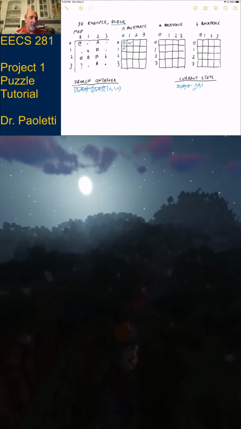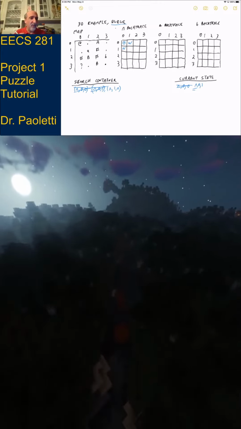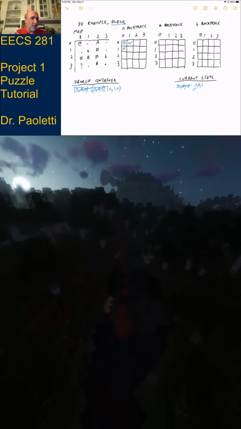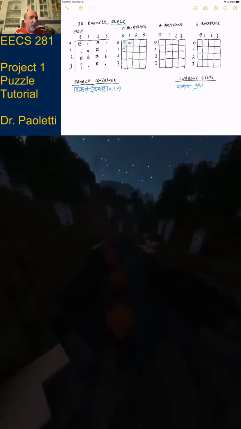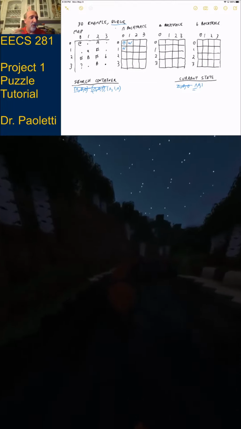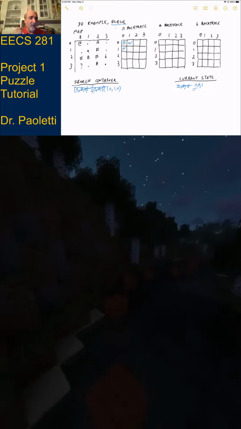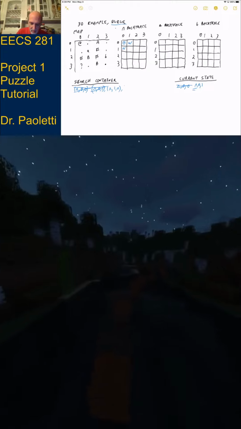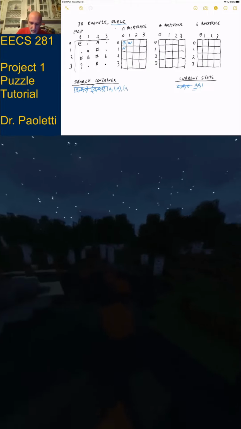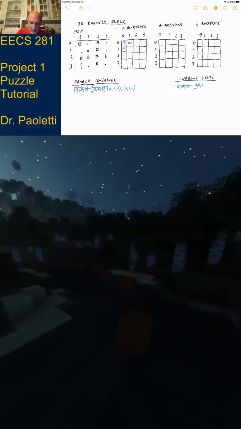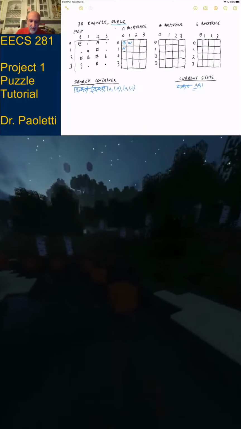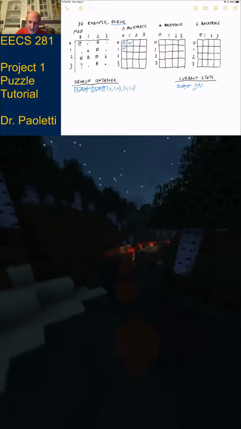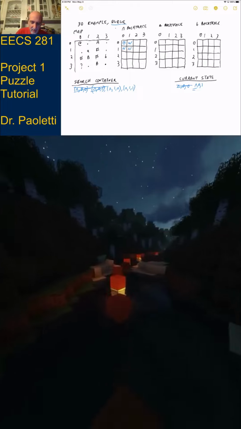Okay, how about south of me? South of me does exist. It's never been discovered before. It is something I would be willing to walk on, and so south of me, caret 1, 1, gets added to the search container, and in the backtrace we mark it, I came from the north.